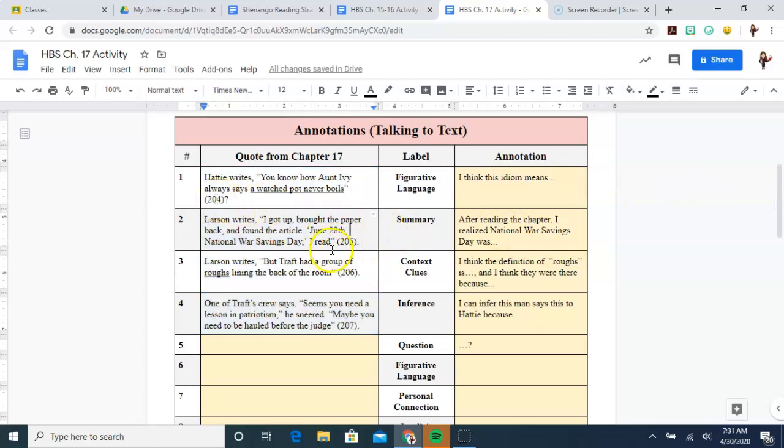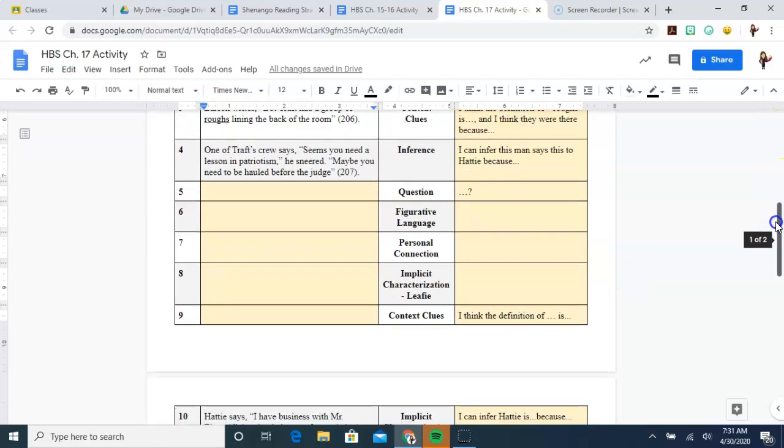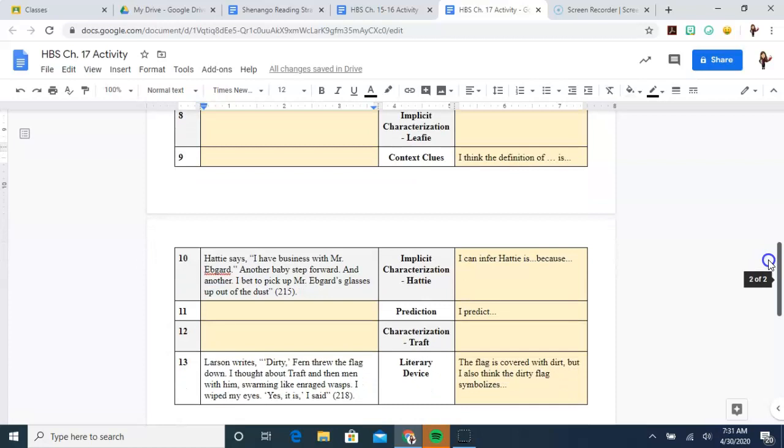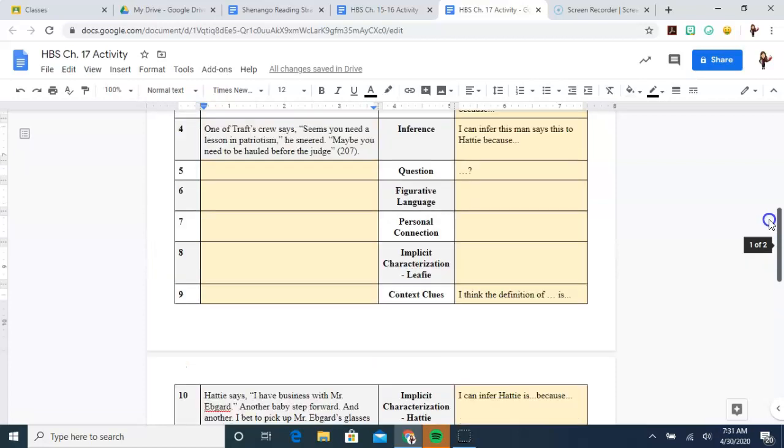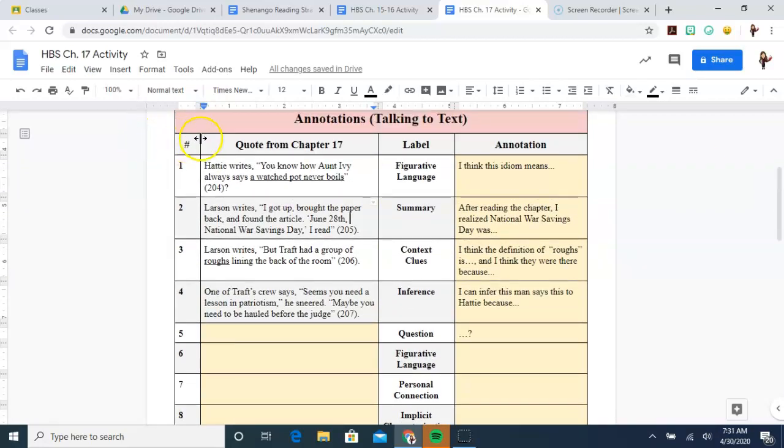I did. I went 204, 205, 206, 207. You don't have to do that. I'm not concerned about that. I just did that to kind of give you an idea of where you would hit those things as you were reading the text. Another thing about quotes, we've talked a lot about this in class, but just a reminder again,